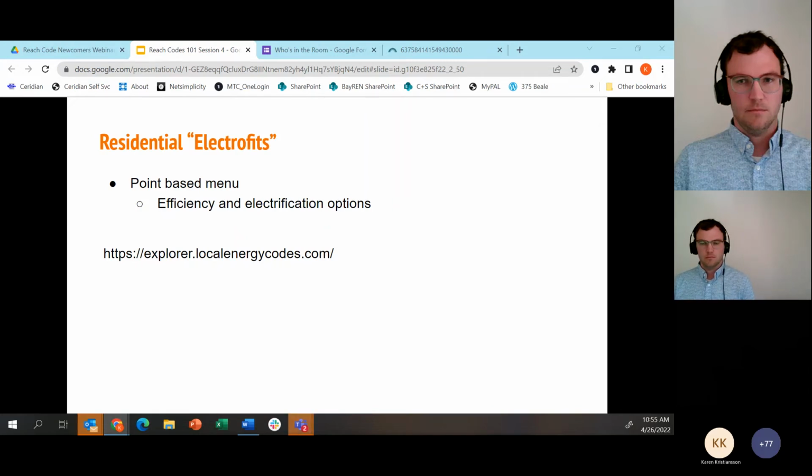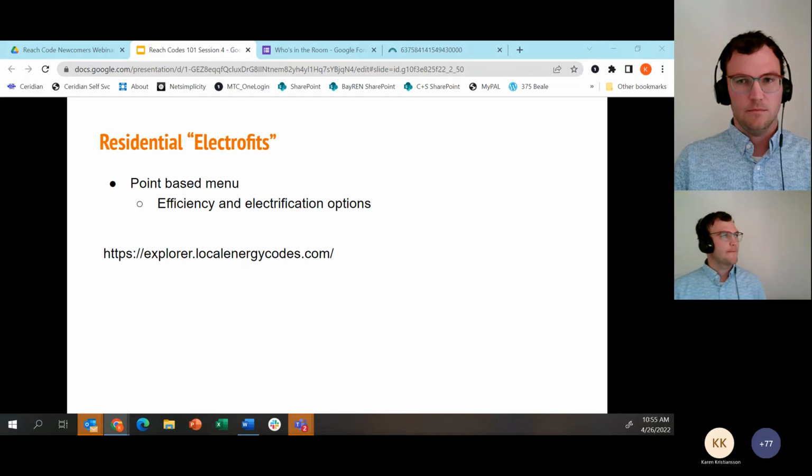And that is merged with electrification options, and each of the different options on the menu, which are defined by the jurisdiction up to a point, are given point values, and that jurisdiction that adopts these then can decide how many points are required in order to make up the minimum requirement for that retrofit project. And so what this does is promotes electrification without requiring it, so that you're not running into that preemption issue.